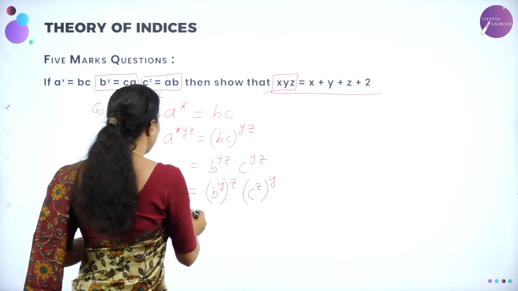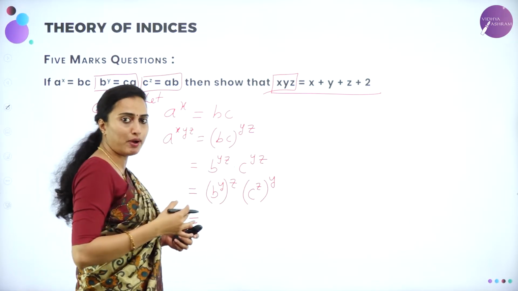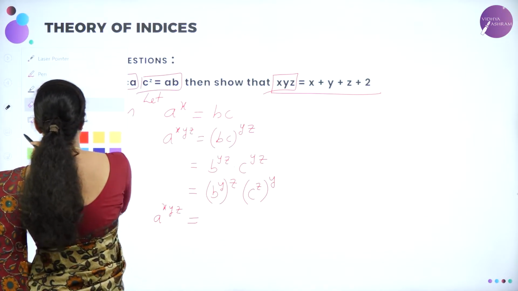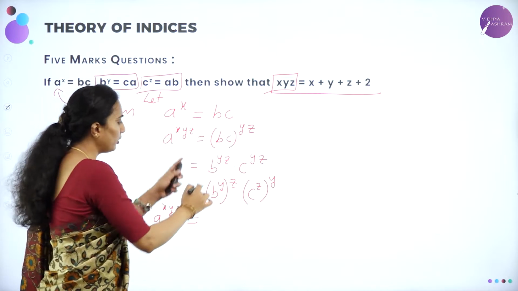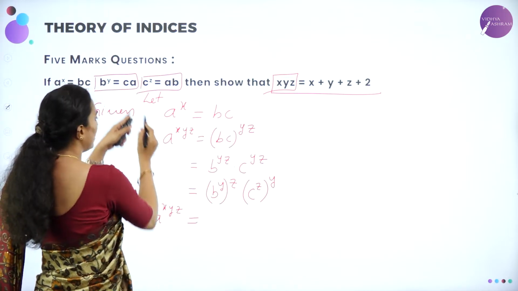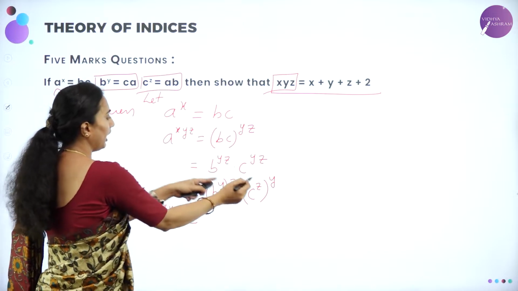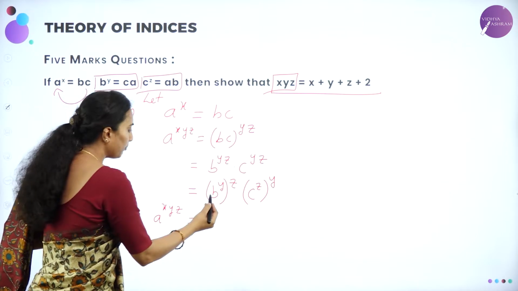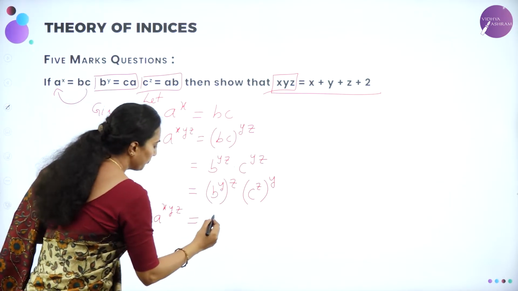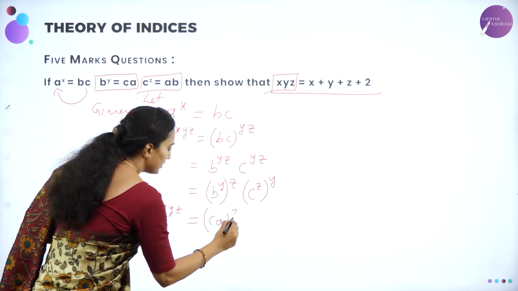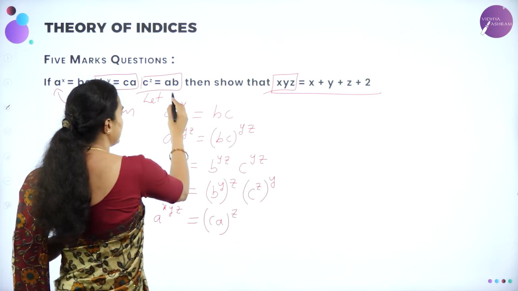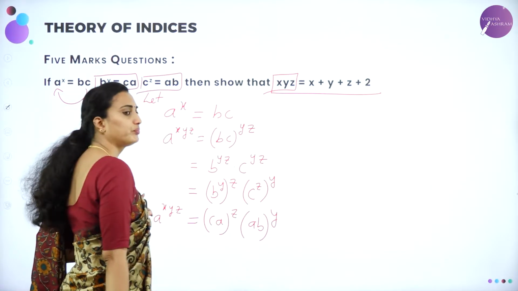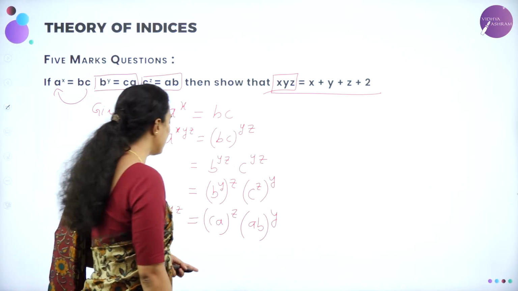So you can raise the power there. See why I have arranged like this. You can choose however you want, because b power y I know is ca, so I want to write that. C power z you know is ab, I want to write that, so I have multiplied as well. So here I have b power y, substitute ca whole to the power of z, be careful, and then c power z is ab whole to the power of y. Correct? So I can split that up. So what will it become?